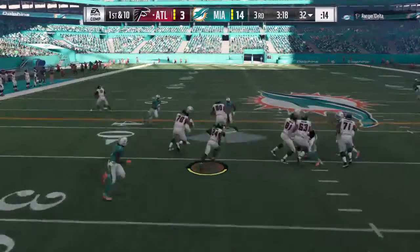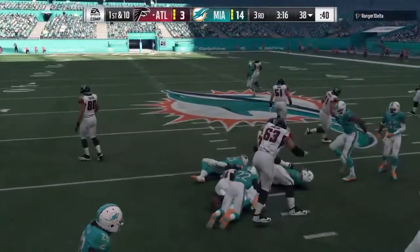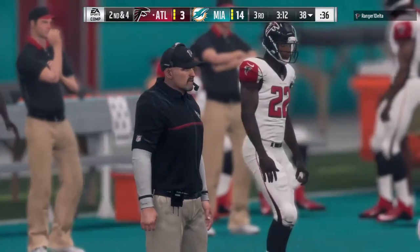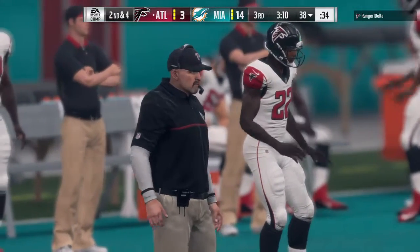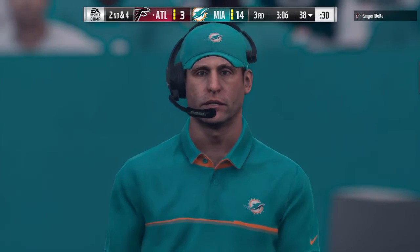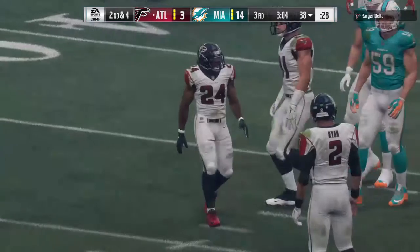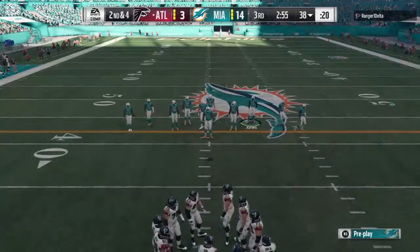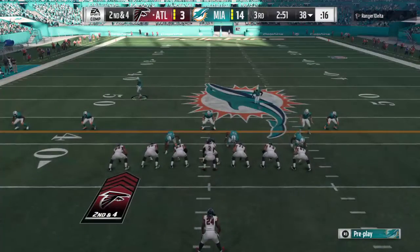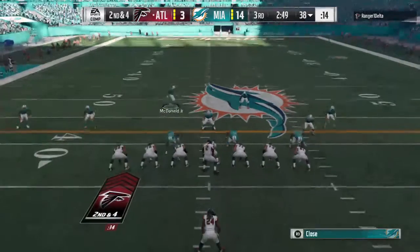And now a 10th carry for Freeman. And he'll work this one up to about the 38. He'll get a nice chunk there on the first down run, and it's 2nd and 4. Sometimes with the running game, you've just got to stick with it. Look, it's the 3rd quarter, no time to panic. But that also doesn't mean you just do it the same way you've been doing it the entire ball game. Maybe change up some blocking assignments or run a few different plays, but stay with the overall essence of the